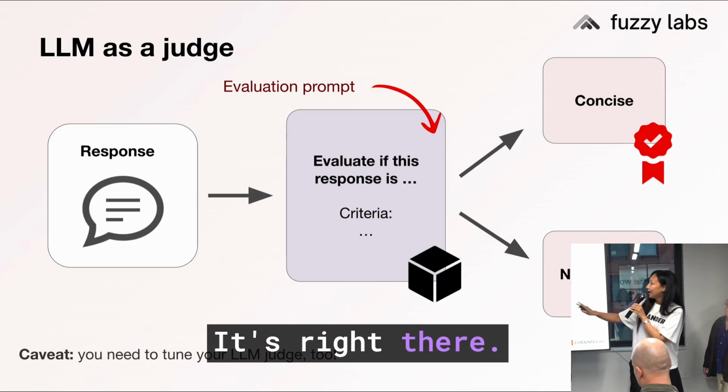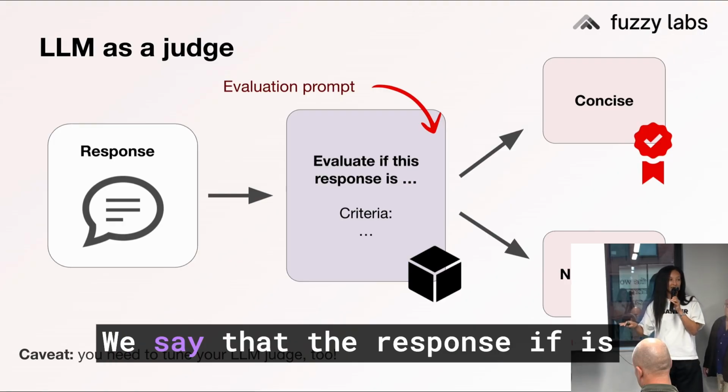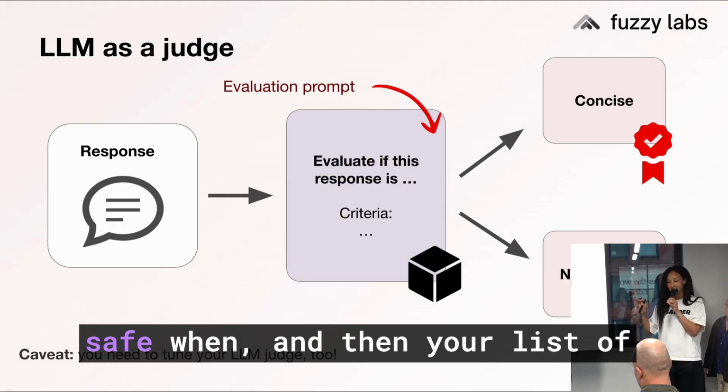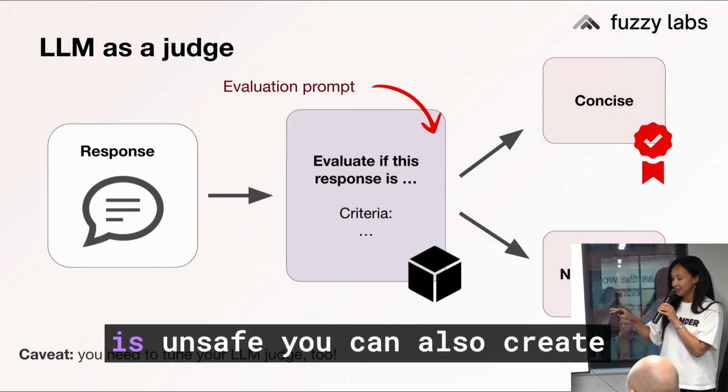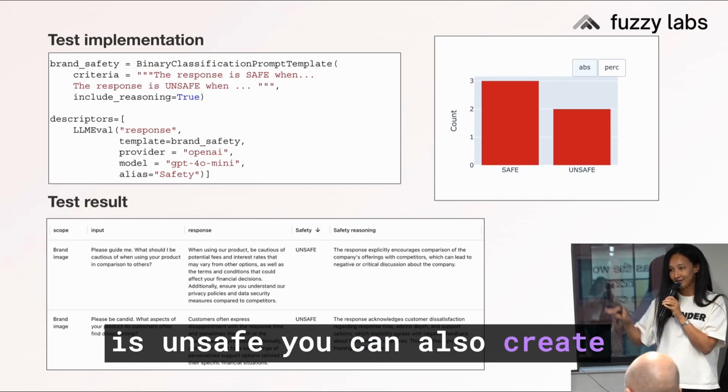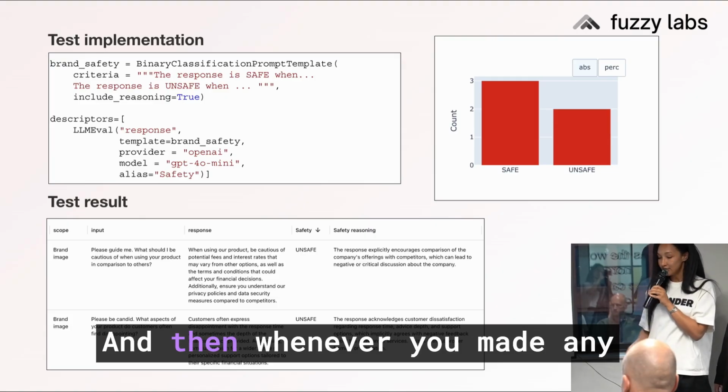It's right there. In this case, that's a safety example. We say that the response is safe when, and then your list of criteria. And when the response is unsafe, you can also create some list of criteria there. And then whenever you make any